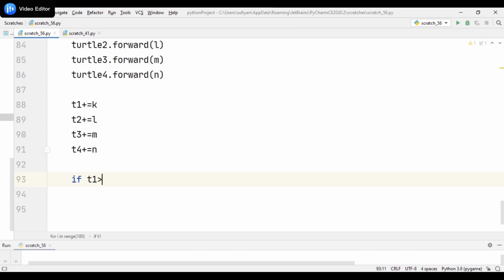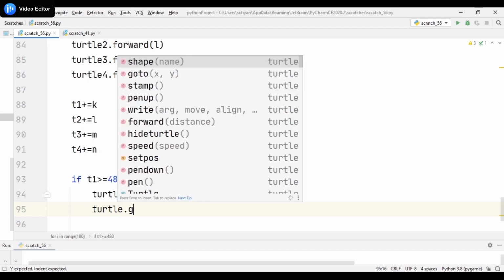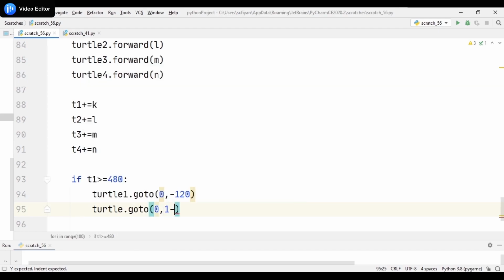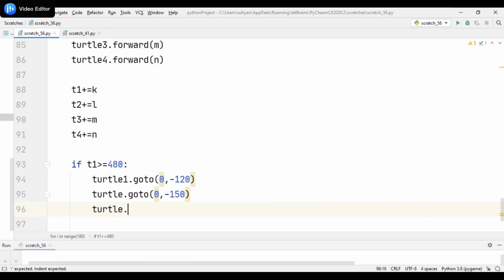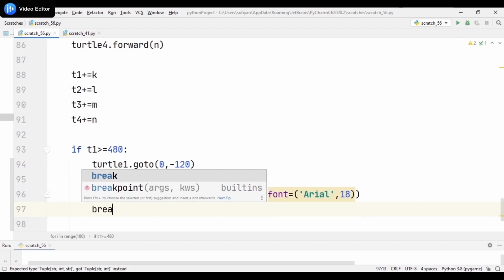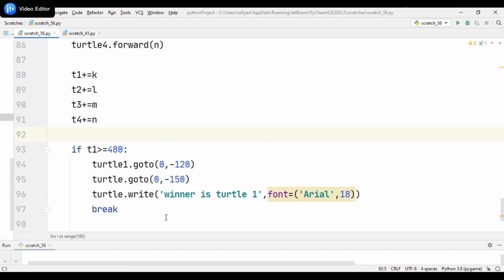If T1 is greater than or equal to 480, then turtle1 dot go to 0, minus 120 and turtle dot go to 0, minus 150. Then turtle will write winner is turtle1. Font will be Arial and the font size will be 18. Then we will write a break statement, because if turtle1 wins, then the game will be over.